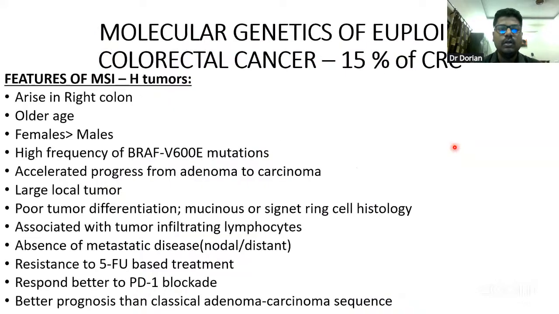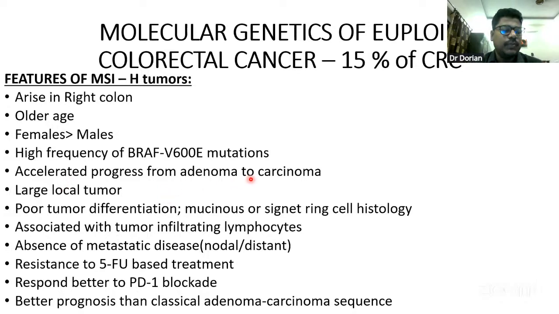Okay. So what will be the phenotypical correlation for this euploid colorectal cancer? These are all the characteristic features they may ask as MCQ. The euploid colorectal cancer is most probably likely to be arising in the right side of the colon. The patient will be of older age, most commonly arising in females. There will be a higher frequency of BRAF, that is V600E mutations, and there will be an accelerated progress from